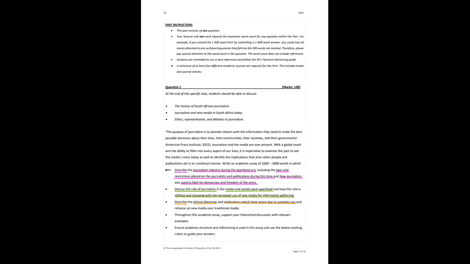So whenever you are speaking to anything within this essay, whether it be the apartheid regime, the ethics, or the change in whatever, you have to speak to these topics first from a theoretical perspective, then from a practical perspective. So everything needs academic support, and practical support through the use of examples.